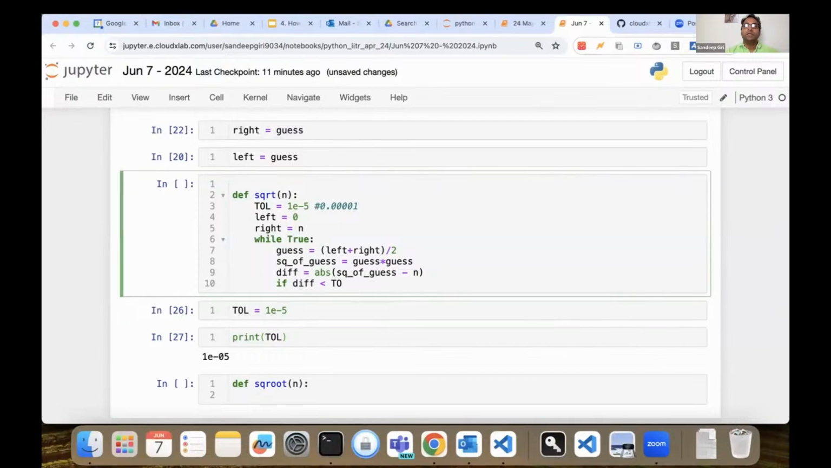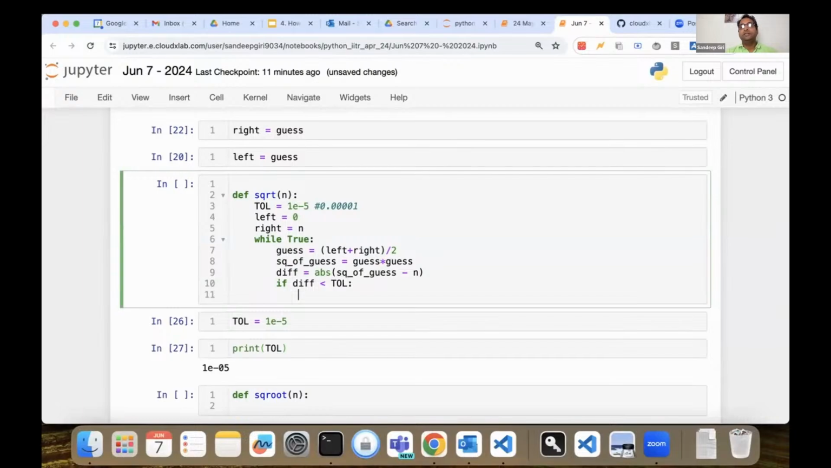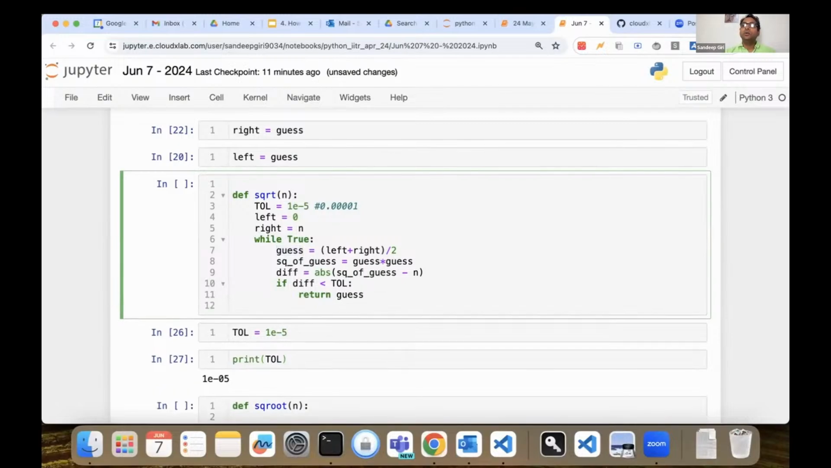Okay. So we are saying if the difference is less than the tolerance, that means we have reached the answer, and we will return the square root, which is how much? The guess value. The guessed value is almost equal if the square of the guess is almost equal to the actual number, right? Otherwise, we are saying else if